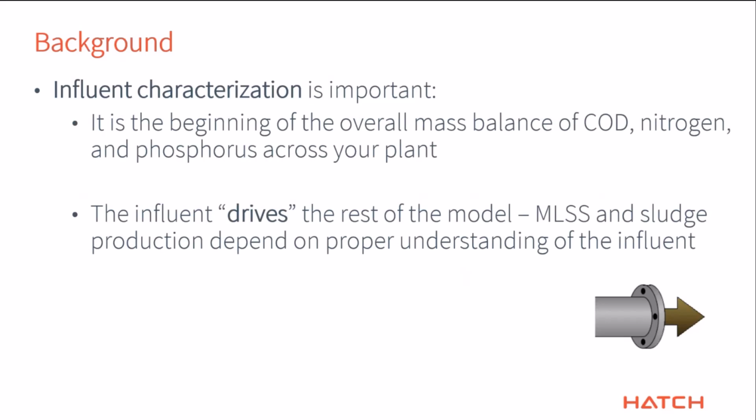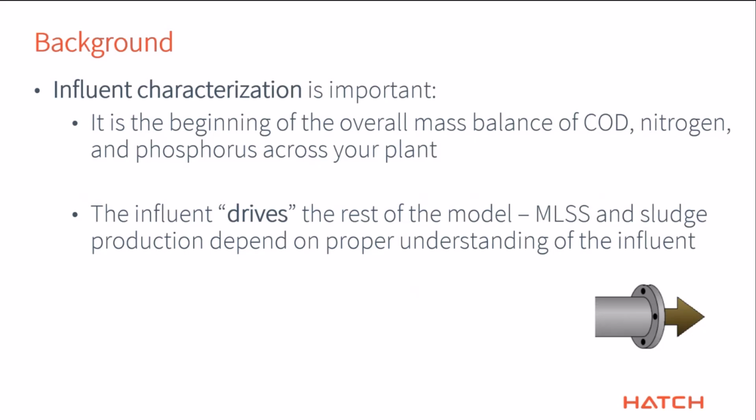Right. Influent characterization is important. It's basically the beginning of the overall mass balance of COD, nitrogen, and phosphorus across your whole plant. So as you know, these ASM models, they're based on those fundamental components, and we're trying to do a mass balance of different kinds of COD and nitrogen and phosphorus. And so you have to tell the integrator, the solver there, like what is the amount that's coming into the